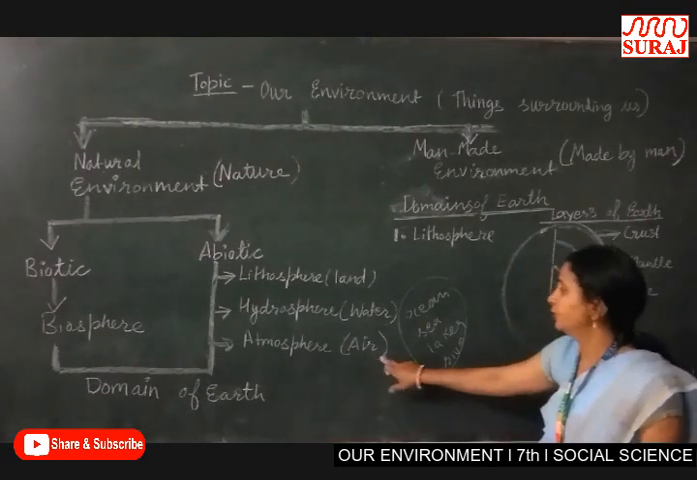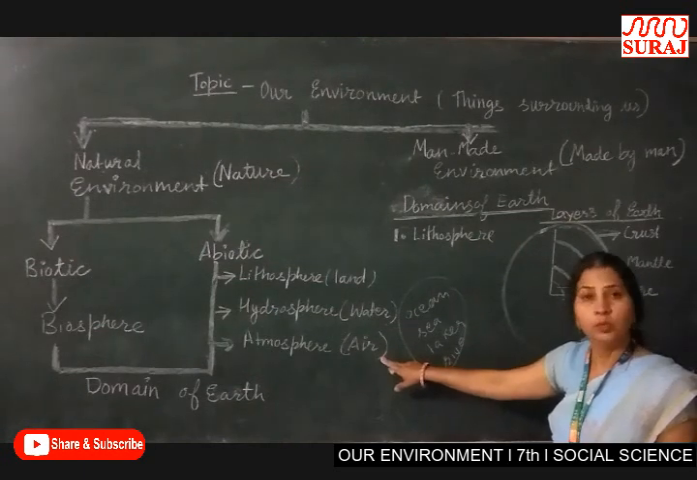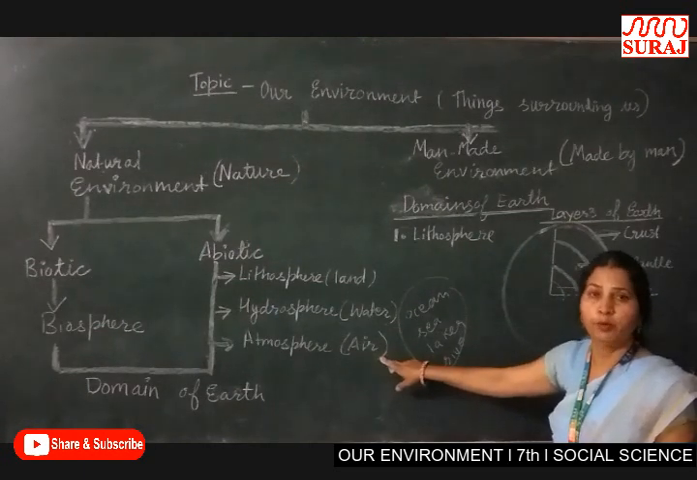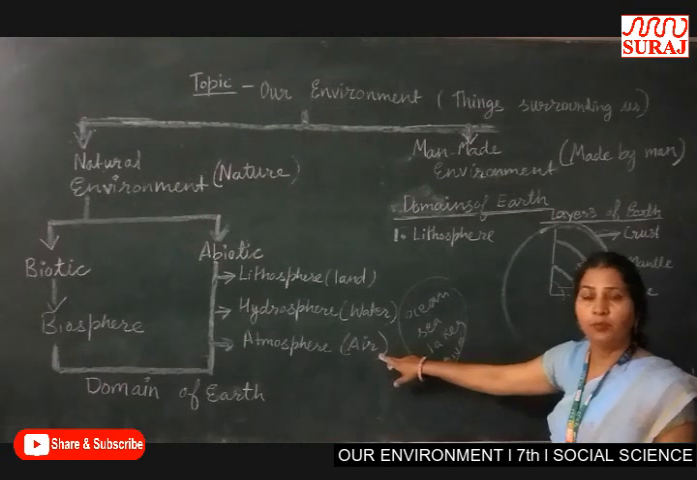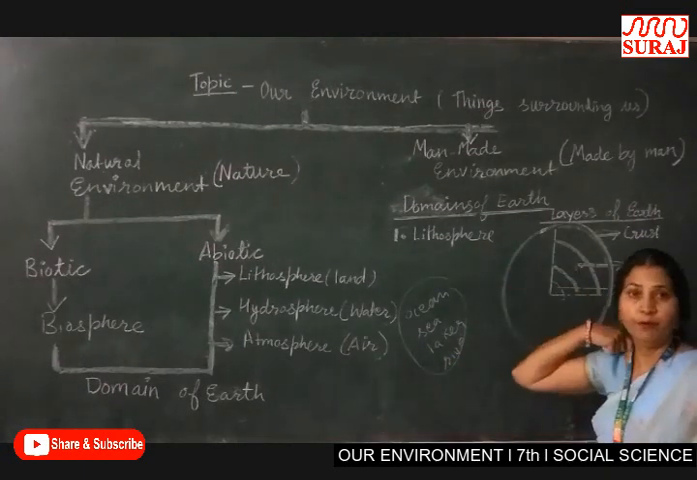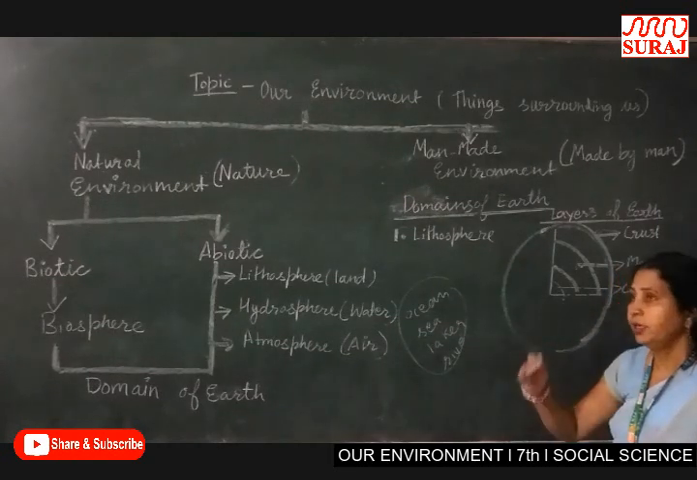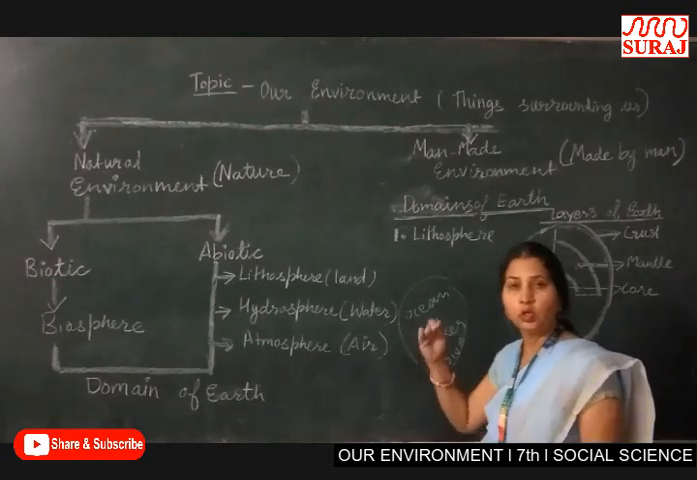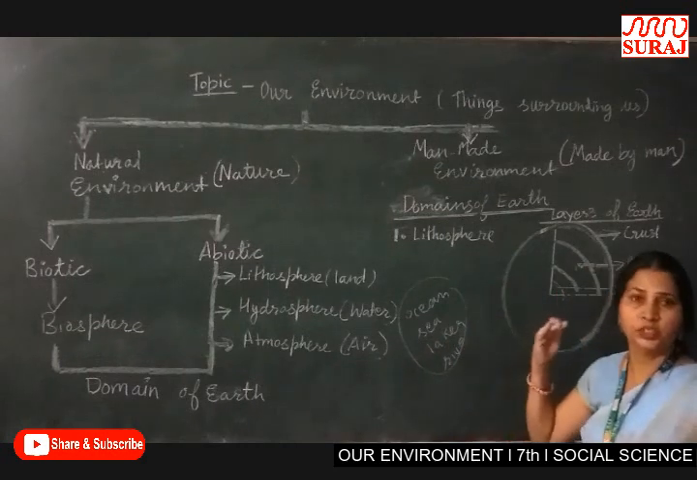The last sphere is the atmosphere. It is made from the air surrounding our environment. The atmosphere has 5 layers. The nearest to the earth is the troposphere, second stratosphere,